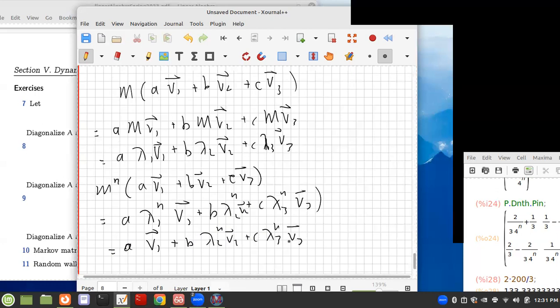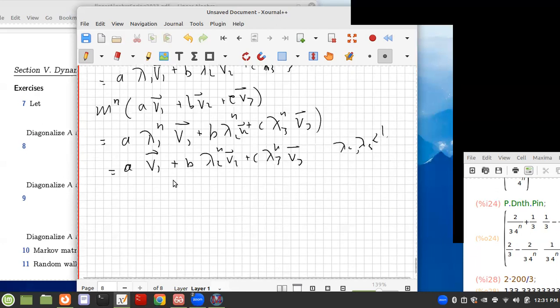But lambda 2 and lambda 3 are less than 1. So if they're like a fourth or a half, no matter how big n is, I keep multiplying, they get smaller and smaller and smaller. So as n gets really, really large, M to the n is approximately equal to A times V1,